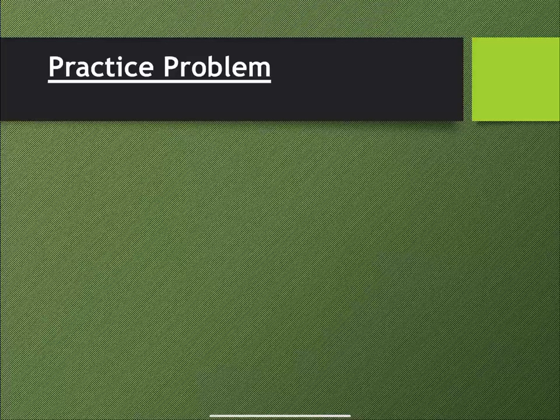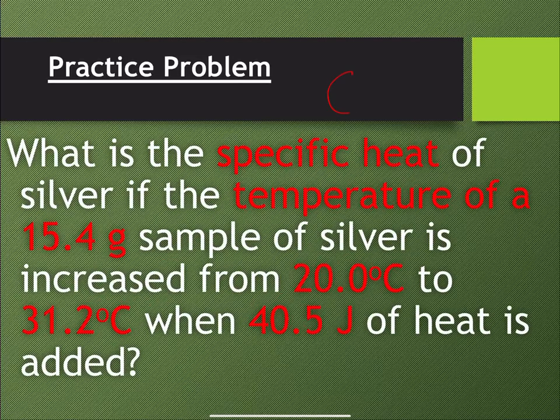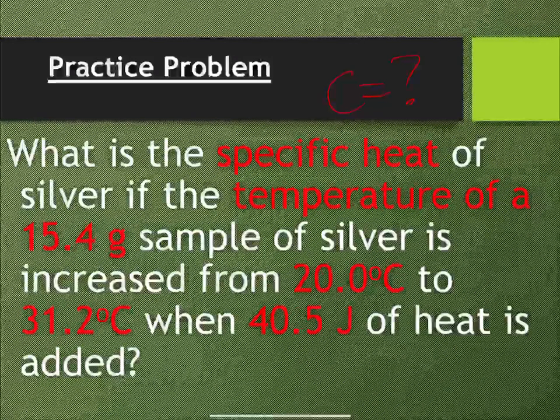Okay, so here we go with our practice problems. What is the specific heat of silver? So if it asks for what is the specific heat, we're looking for, in our equation, the variable capital C, that's what stands for specific heat, of silver if the temperature of